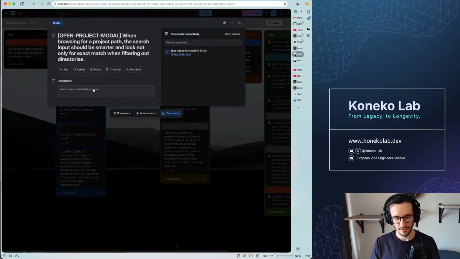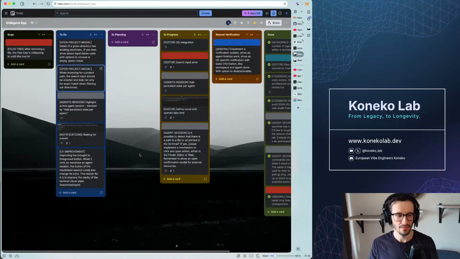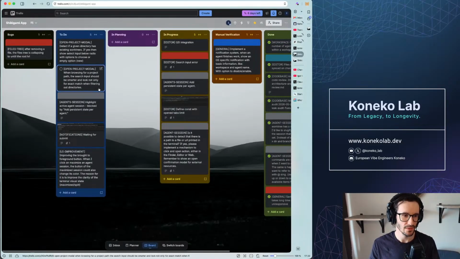And the input is pre-filtering the available directories for you, and it's not smart enough because it only looks for an exact match from the beginning. Small thing but annoying. So also let's move it up.